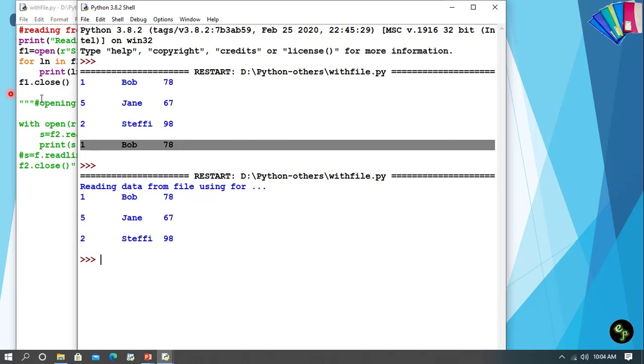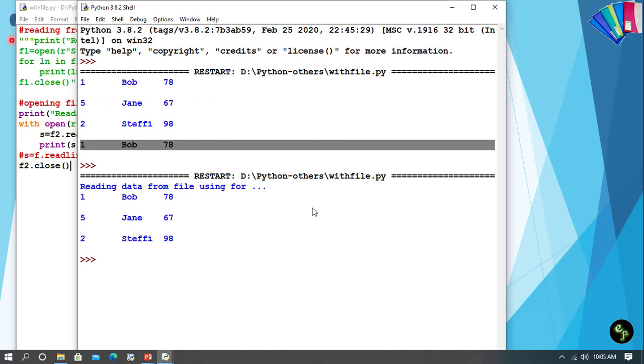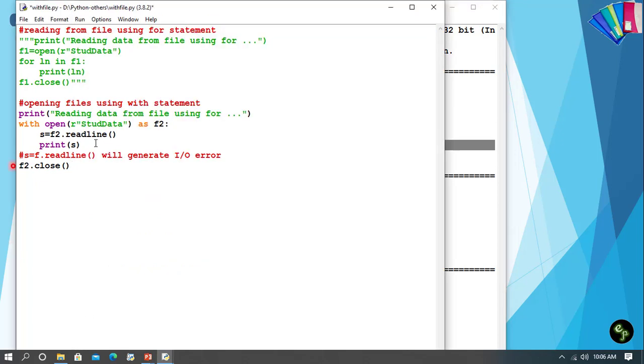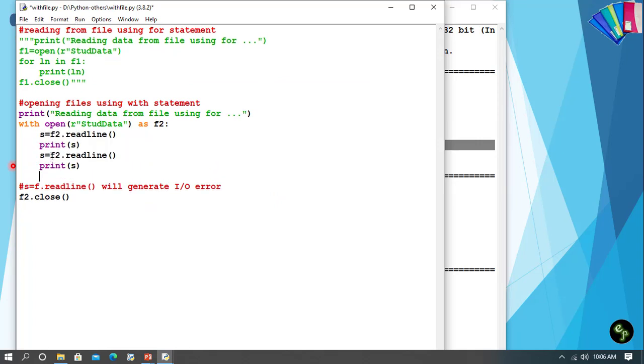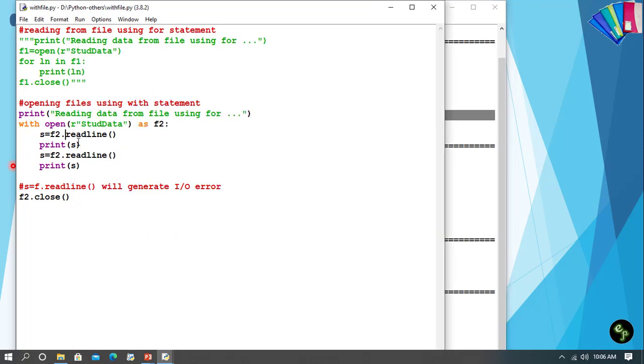So these are displayed correctly with for. Now let us comment this part. This way we can have some kind of testing with our test cases. So it has read only the first line because readline reads one line from the file. If within the same with block we again read the second line and display it, or we may use another for loop to read all the data, or simply read to read all the data, or readlines to read all the lines. So now it has displayed two lines. So here we can use the for statement and the with statement also to process the files.